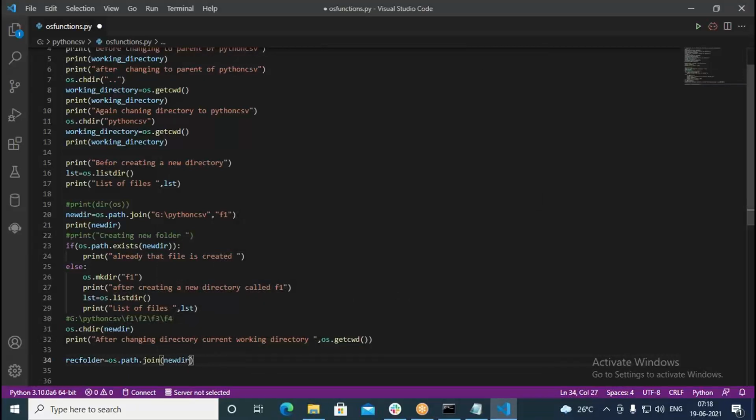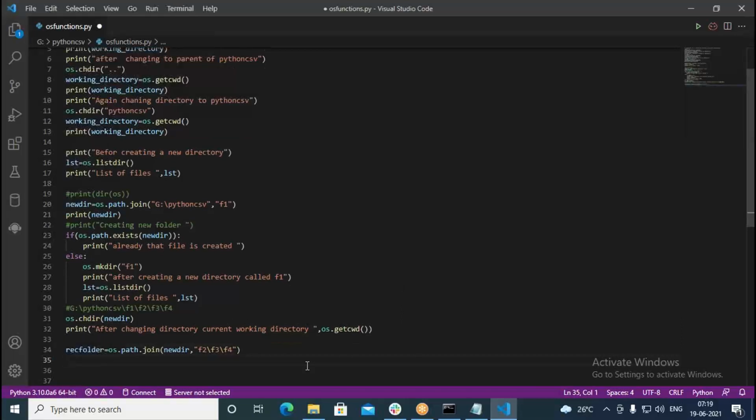Now in this, I want to add, as I told, the list of folders like this. Already we are in the F1 folder, but from this I want to create F2, F3 and F4. So therefore put here F2, then slash F3, then slash F4. Like this I want to create. With one command, it should be doing all those things.